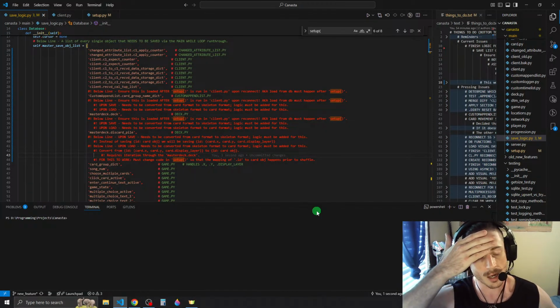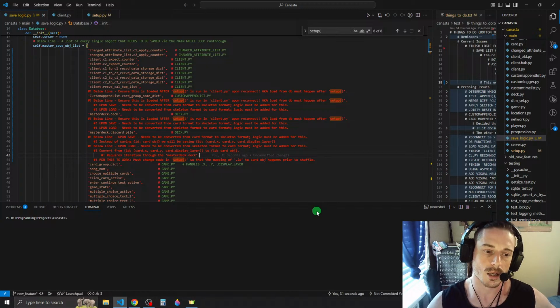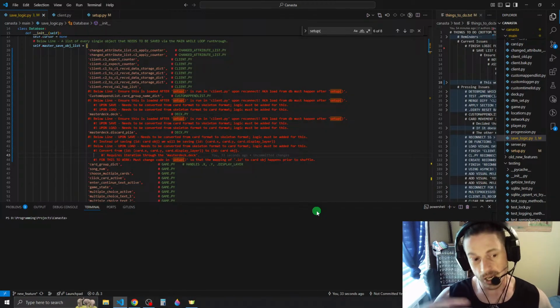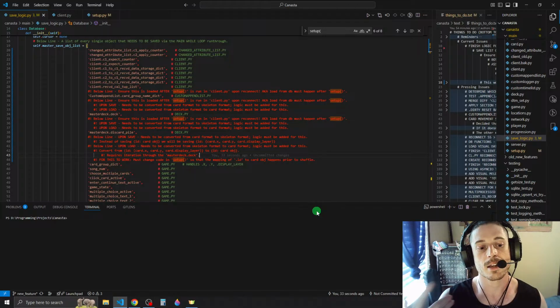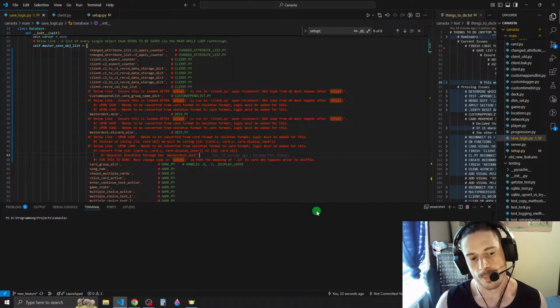All right, requires iteration to the master deck. Then what else? So we convert from blah blah blah. It requires iteration to the master deck, and then we need to iterate through the master deck.deck. So we would iterate through the master deck.deck and do two things at the same time. For each card, we would add it to